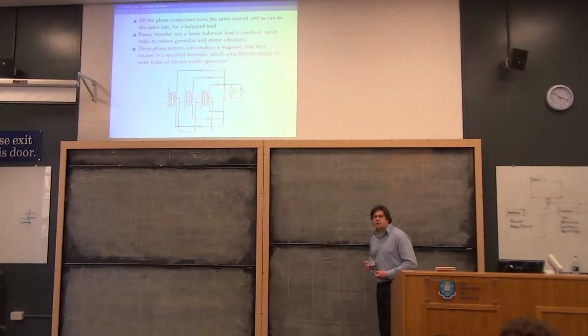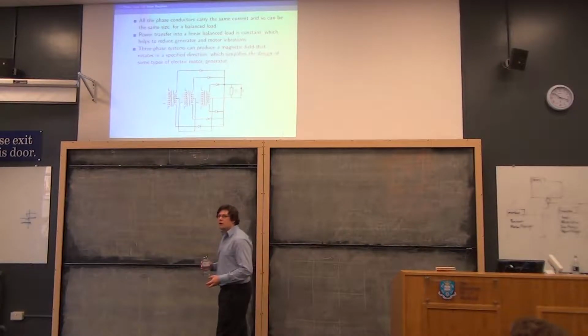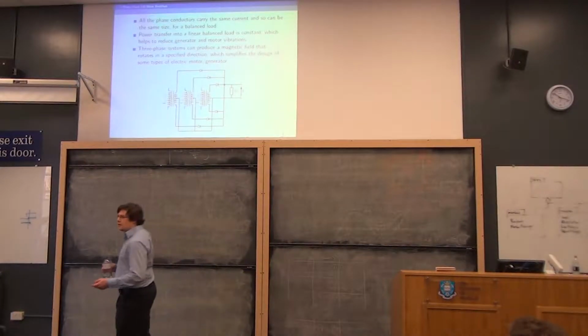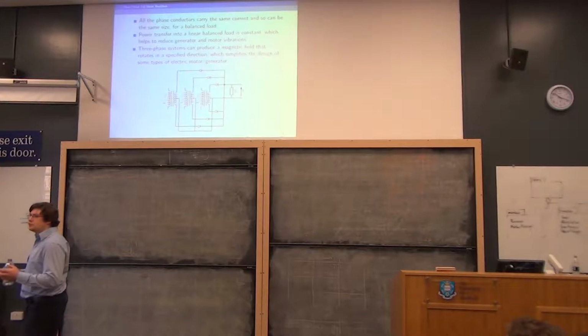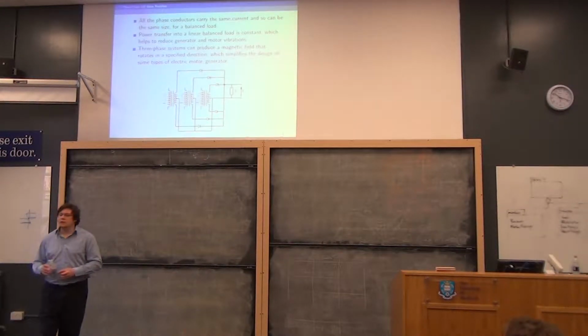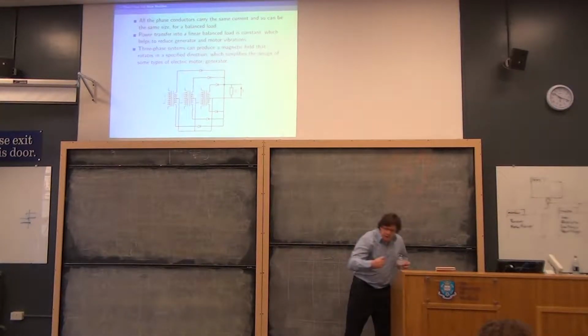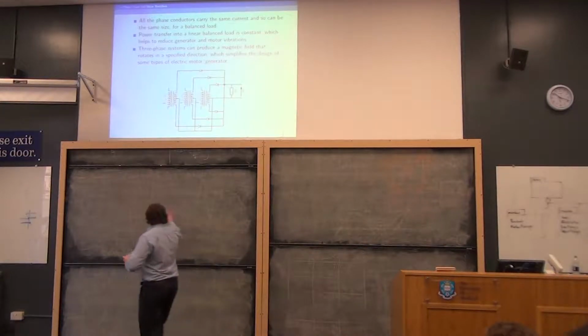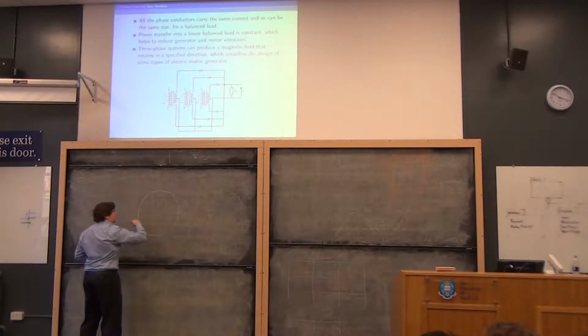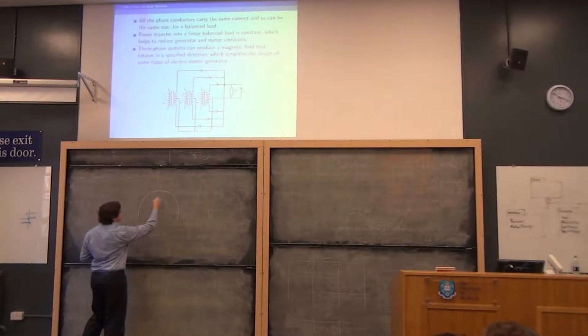Three-phase systems are quite useful for electrical machines because in certain types of electrical machine, you'd like to have a magnetic field in the outer part of the machine which builds up and decays in such a way that it appears to be going round the machine. And what I mean by that is, if this is the outside of my machine, and there's an inner bit as well that rotates, and that's the middle, and we're looking down the axle of the machine, I could have, in the first instance, a magnetic field that was